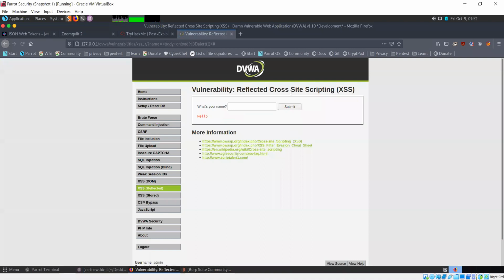Body onload is equal to alert one. That says when the HTML body loads, just run this code, and what we are running is alert, and that's giving us an alert.